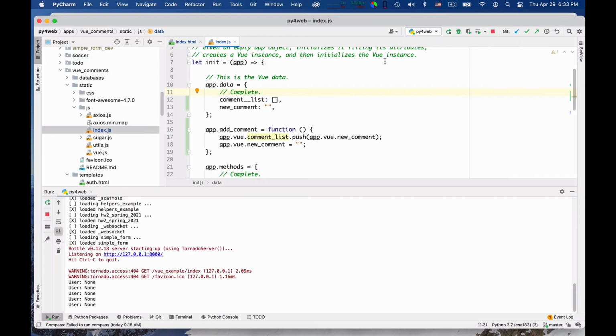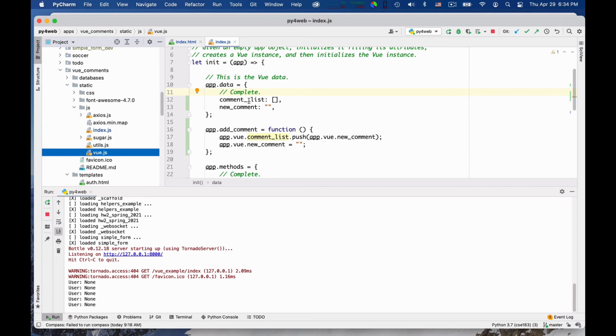One reason for the kindness is this. If you notice, I include Vue.js. This is the full-fledged version of Vue. I'm not including Vue.min.js, the minimized version. The minimized version does not offer a lot of error diagnostics. So in development, it's always good to include the full version of Vue, okay?